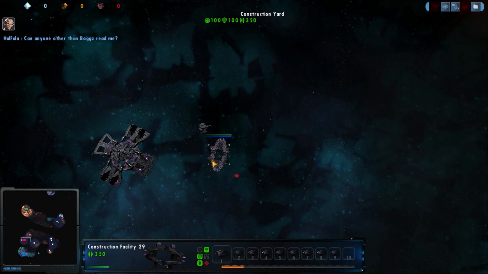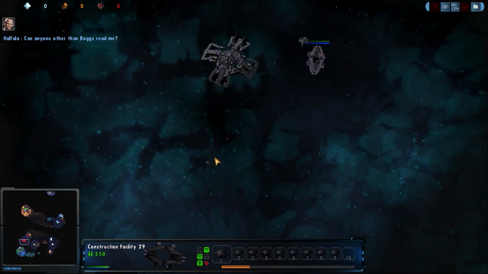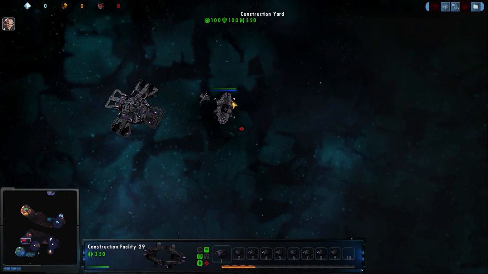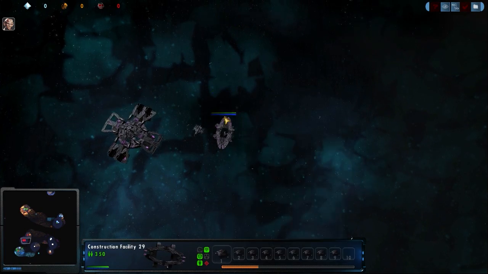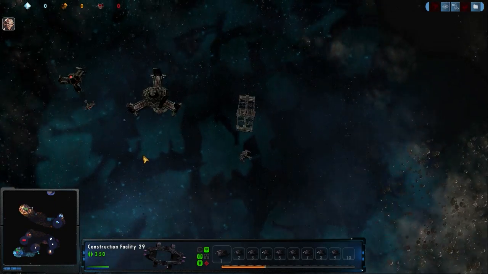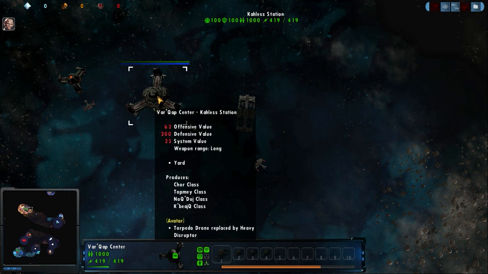Now we can see here that we have a pure tech guy going lots of bugs, perhaps looking to maybe build a second construction yard. That is actually a popular strategy. It's actually fairly effective. Over here we have, as the Klingons are,